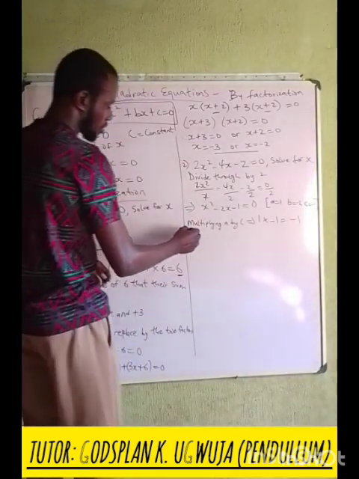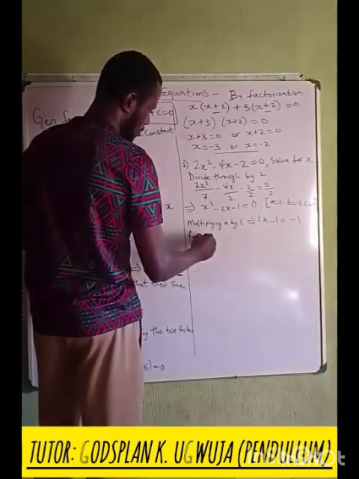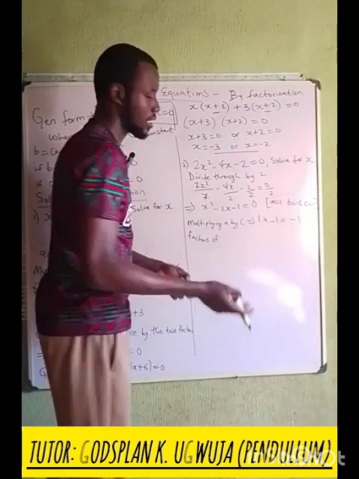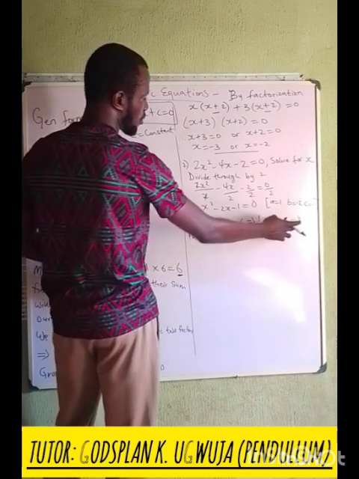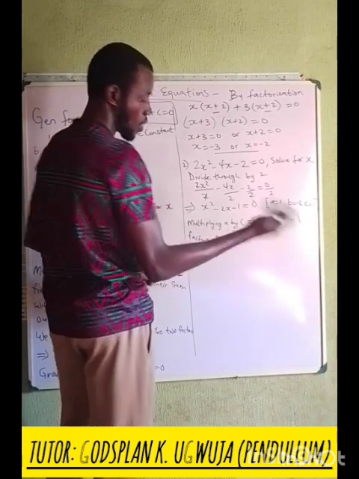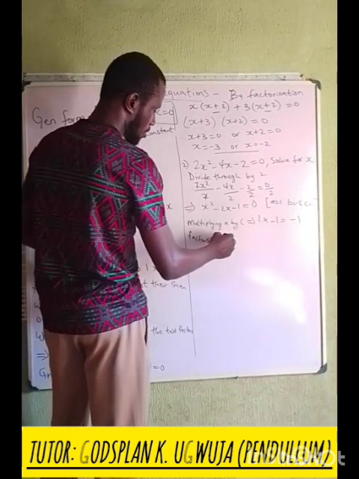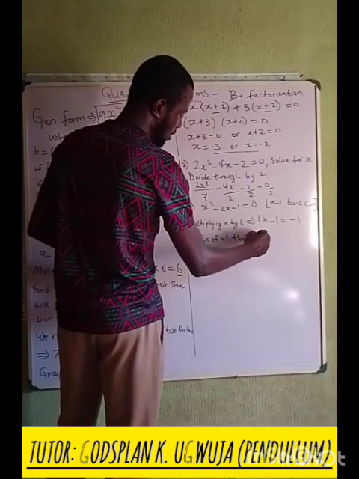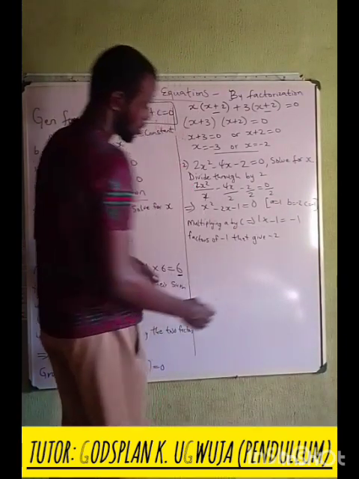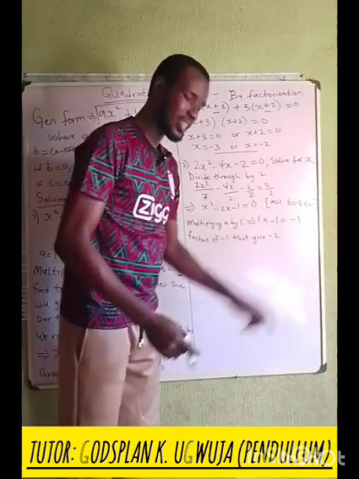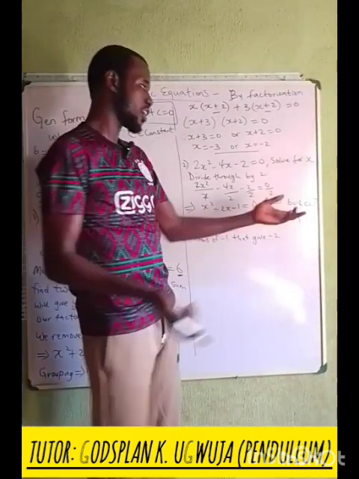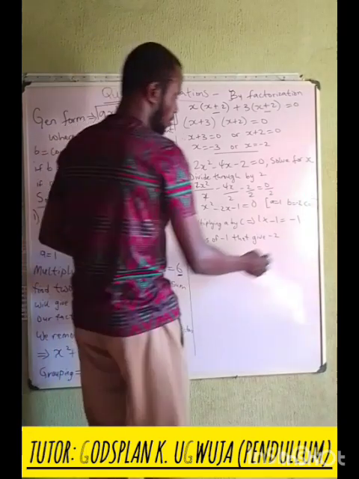Definitely, the only two factors of minus 1 are 1 and 1. Factors of minus 1 that when you add them, you get minus 2, when you multiply them, you get minus 1, are going to be